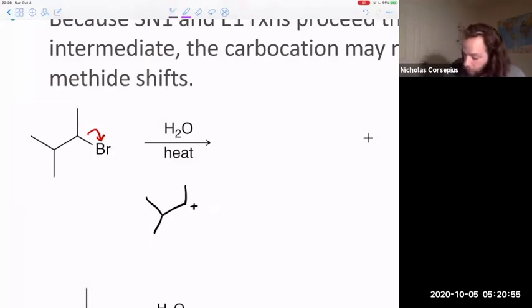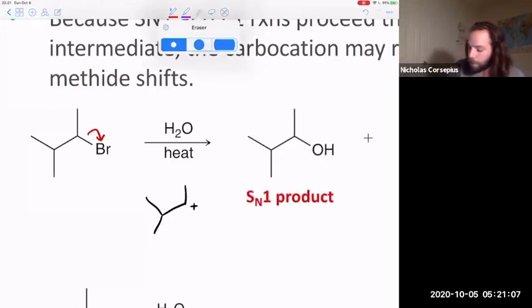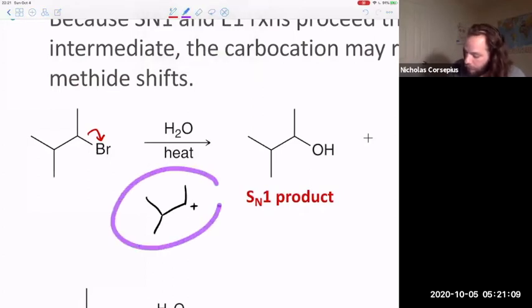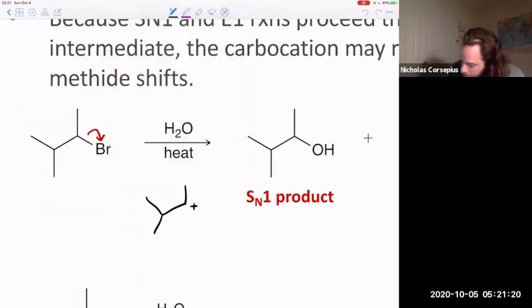Now, if we had our water attack as a nucleophile, attack this electrophile, we would expect to get this product here. This would be our normal old SN1 product. But what do we know about carbocations like this? They don't just stay like that. Instead, you would expect